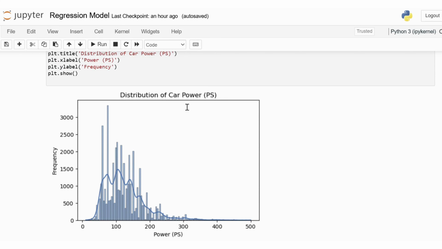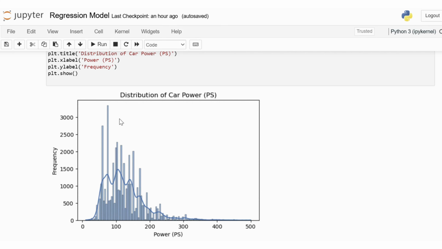Let's explain the distribution of the car power variable as shown in the graph. We can see that the histogram reveals a right-skewed distribution, meaning that most of the cars have lower power values, with fewer cars having higher power. The highest frequency of cars falls within the power range of approximately 50 to 100 PS. The distribution spreads from 0 to around 500 PS, but the majority of the cars have power between 50 and